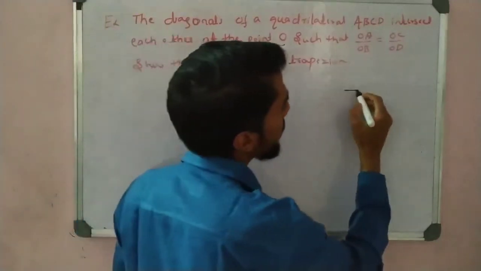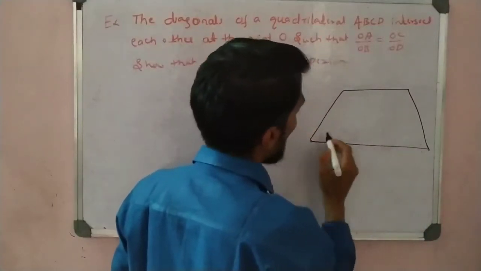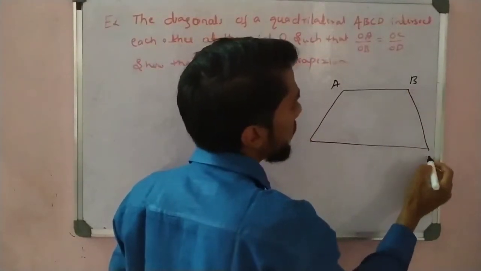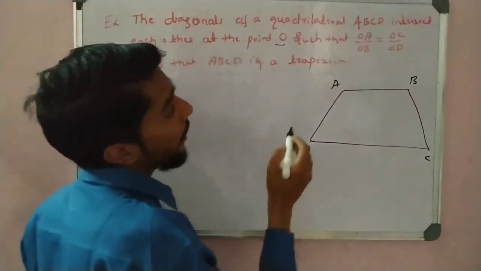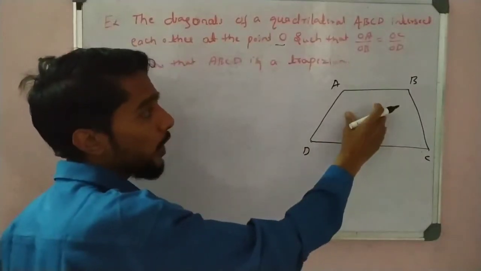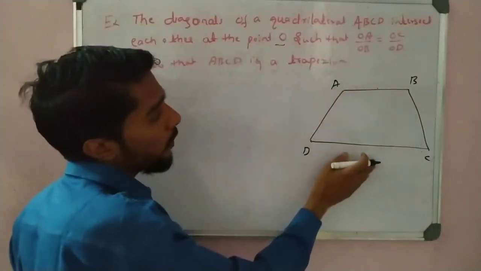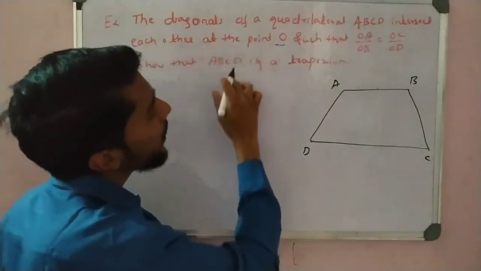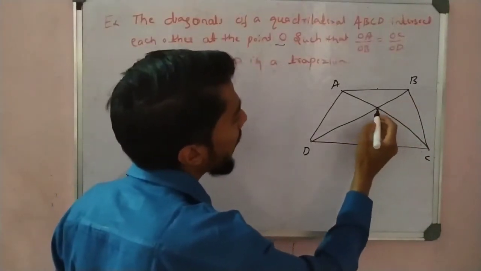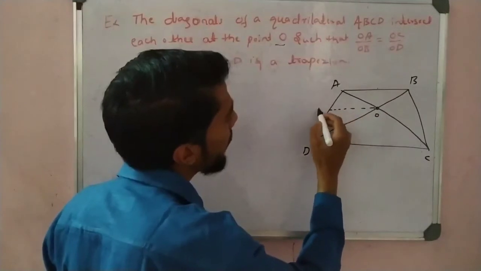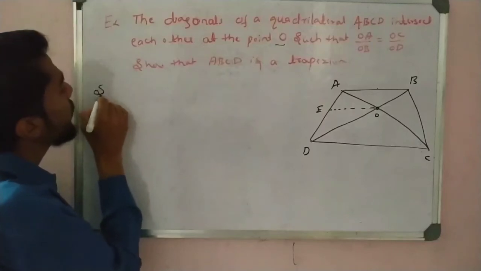So I can draw a trapezium first here. Assume that it's a trapezium, later we prove that. See here the diagram, that is A, B, C, D. If you have to prove that this is a trapezium, we have to prove that AB is parallel to DC. That is the definition of a trapezium: the opposite sides are parallel. So let us see the construction here. I can draw the diagonals which intersect at a point O. Again I can make a construction for the parallel. Without parallel lines we are not able to apply BPT. So let us see the solution.